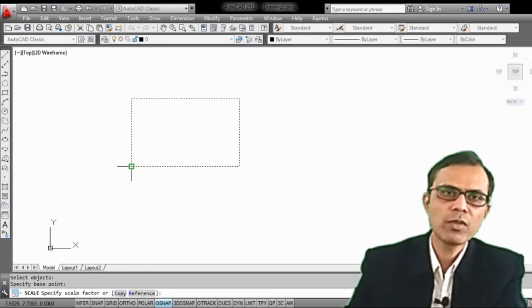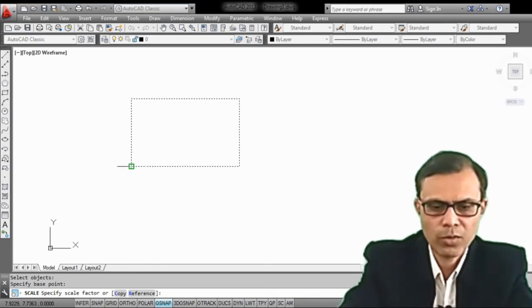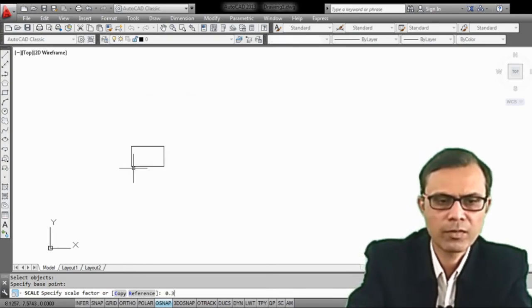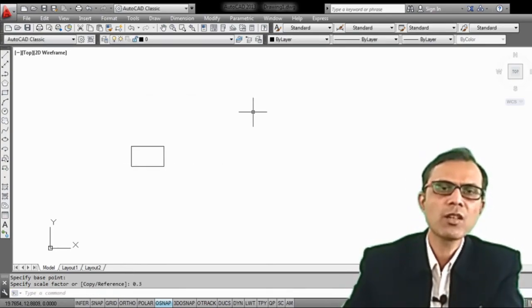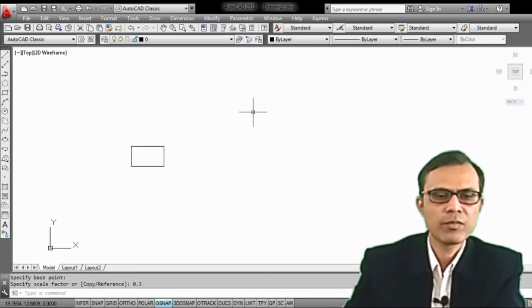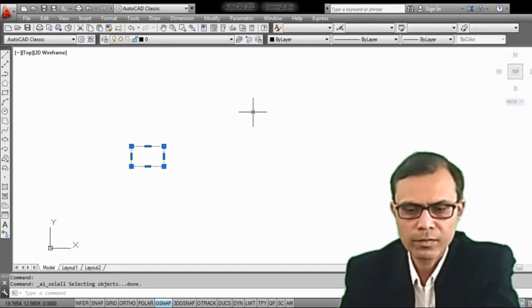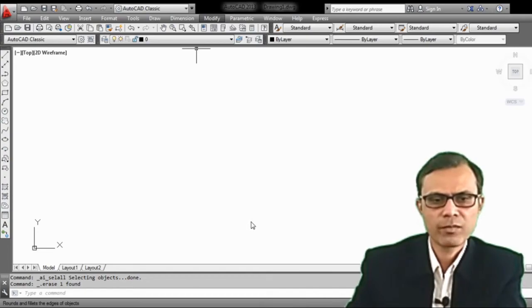Now we want to reduce the original size of the object by half. So enter 0.5. So you can see the original object is reduced to half the original size by our choice.